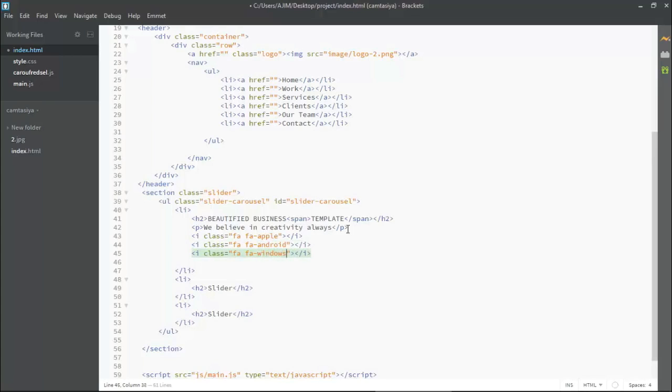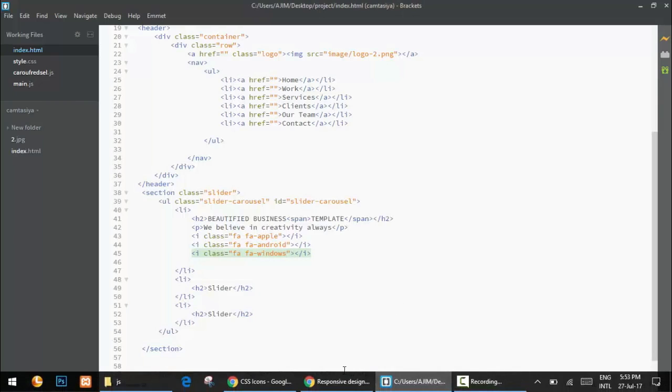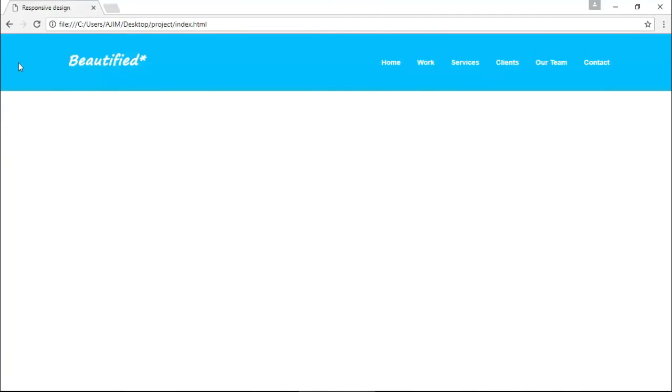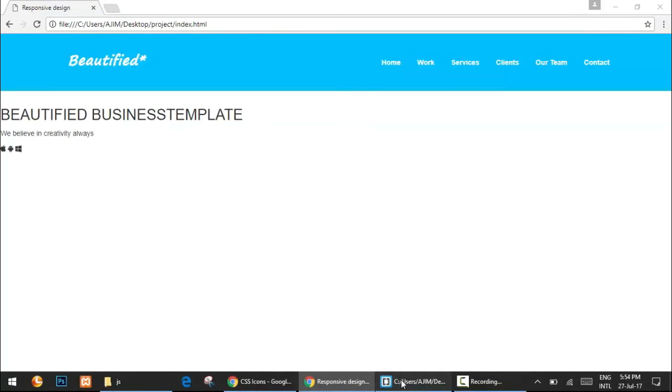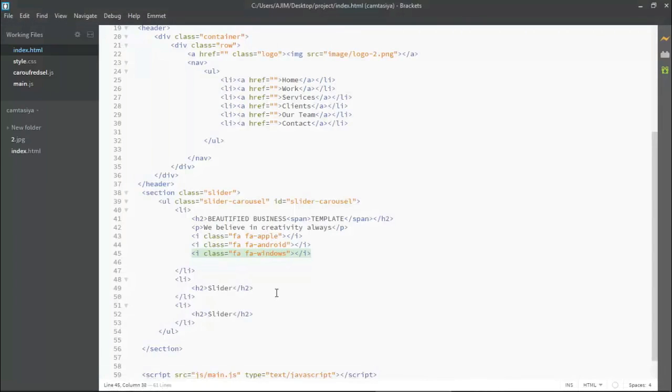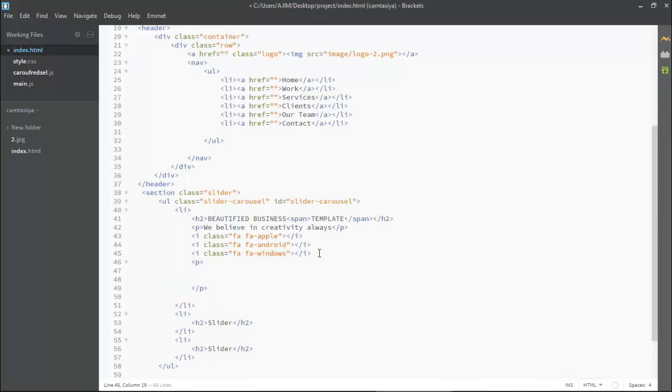So now let me save it and then show you how it's coming in the browser. Thereafter I'll make all the changes as per need. Okay, so I'm saving it and coming back to the browser. Here you can see we are getting it beautifully here, but it is looking something weird, isn't it? So we will make all the changes later on, but for now I am aligning everything as we require here. Okay, so I'm coming here in the Brackets, and here I'll again take a paragraph tag, just coming down to this paragraph tag. Inside this I'll be putting some dummy text.